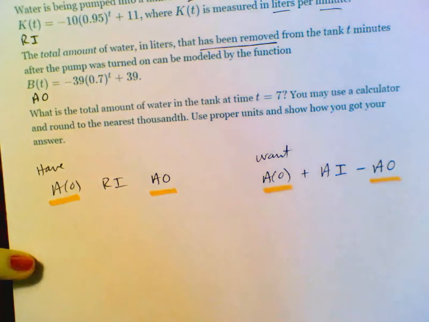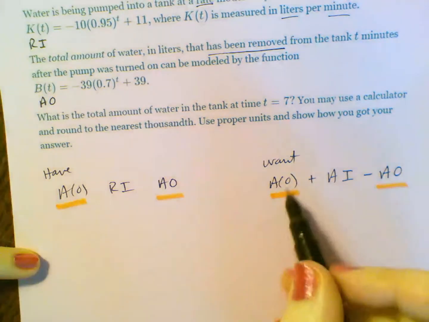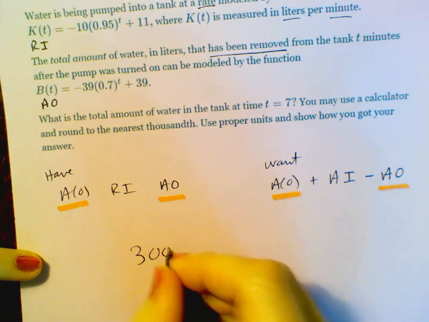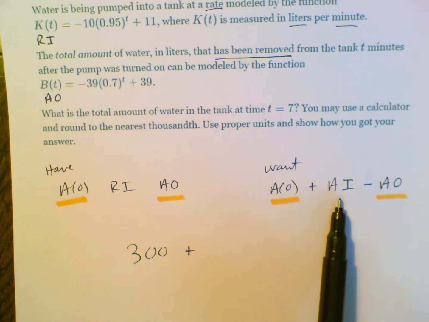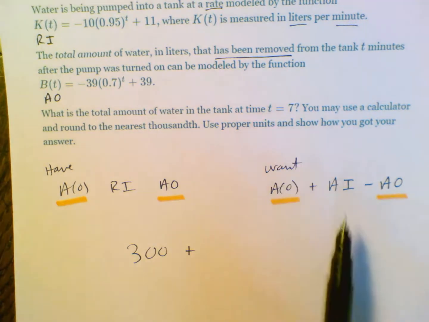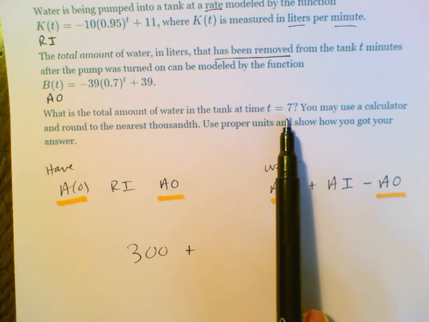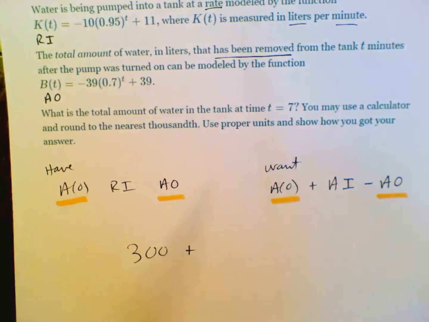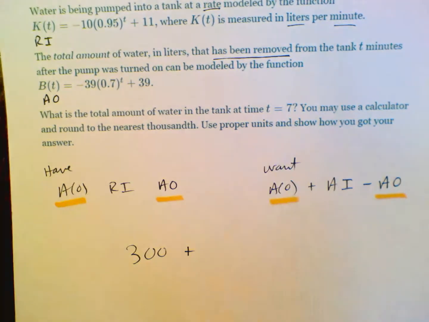So, anyway, A of 0 is 300 plus, if I want the total amount that has gone in from 0, so I want the amount that has gone in at 7, what are these? Seconds? Minutes. 7 minutes. If I want the amount that has gone in at 7 minutes, then I've got to do